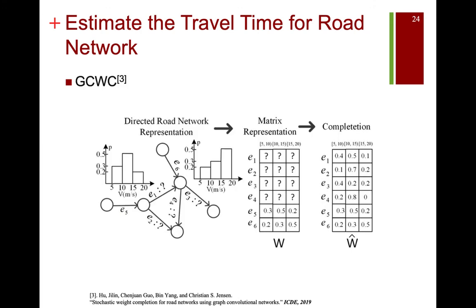Actually, we can obtain such distribution from the historical trajectories passing by the road network in some given specific time